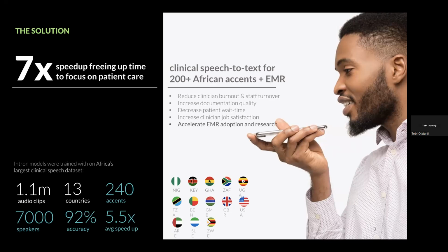There were a number of hospitals who reached out to us to say, since they switched to their EMRs, the quality of documentation dropped because people are so in a hurry, they can't type, and they do a lot of copy pasting. They use a lot of shorthand. People write very few lines because it's just too stressful. But with speech, they can get better quality documentation, and even the experience of the clinicians at the hospitals